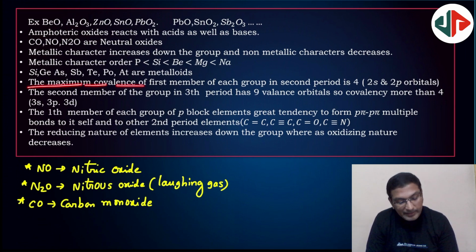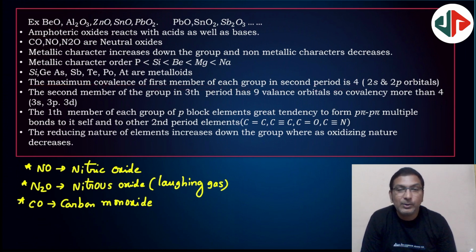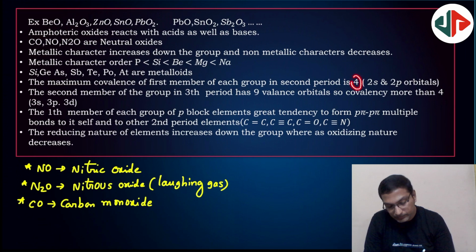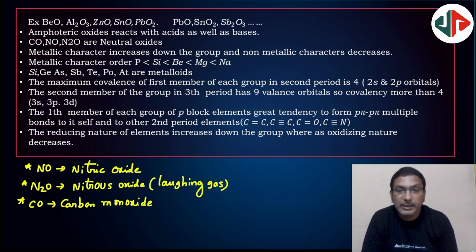Maximum covalency of first member of each group is 4, due to only 4 orbitals. 2s means 1 orbital, 2p 3 orbitals. So due to the presence of 4 orbitals in valence shell, the maximum covalency of first element of each group